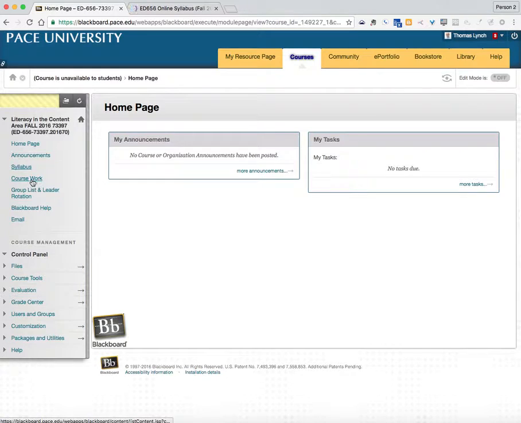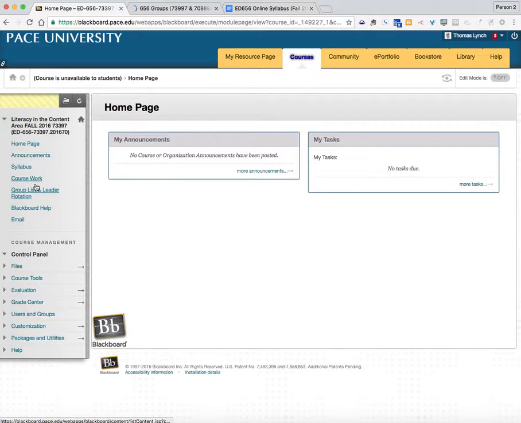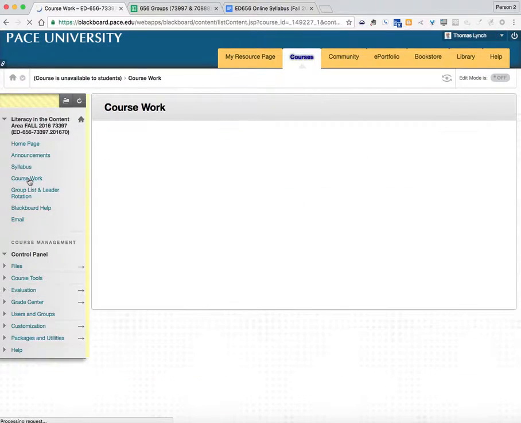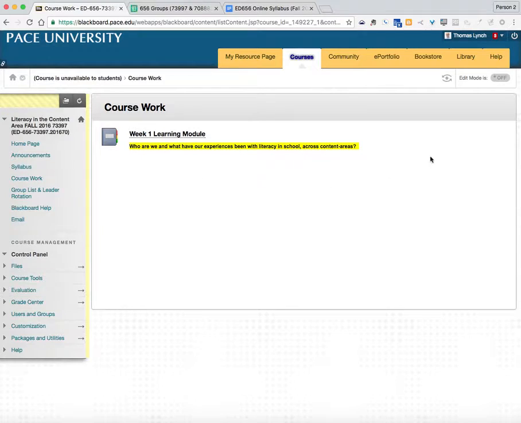And then you'll also click here, the other big link to note here, there's two others. One is the coursework link, which I'll click on in a moment. The other one is this group list and leader rotation, which will open a new tab. And we'll look at both of those in just a moment. Coursework is where most of the action happens though. So if you click on coursework, what you'll see is a breakdown of, right here we have the